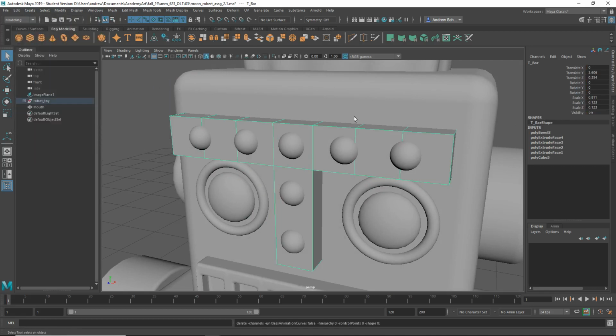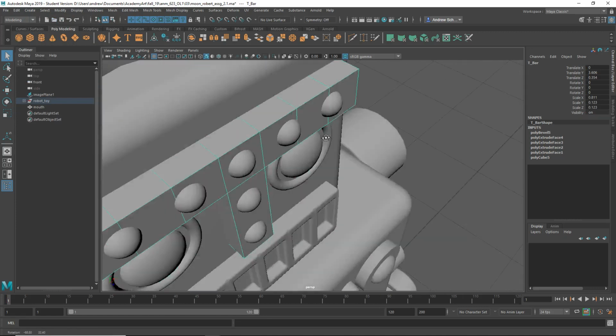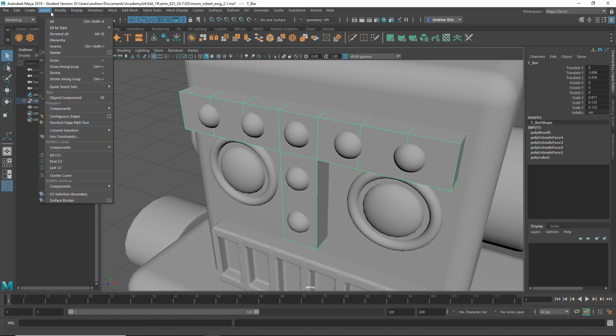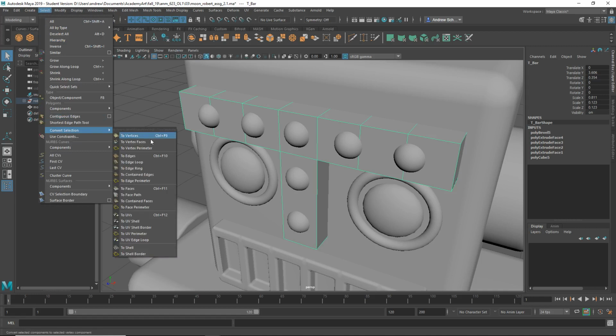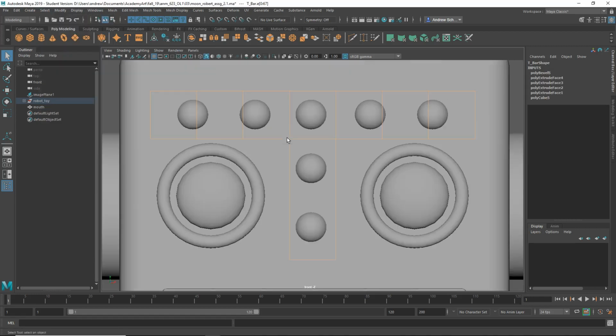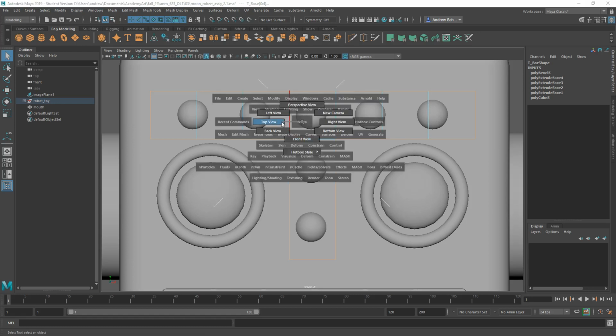You could bevel this one. You want to select just the right one. I have the object selected. I convert that to edges by going to Select, Convert Selection to Edges, or Control F10, and then I can deselect the ones I don't need. So I'll hold down the Control key, click and drag a marquee select, and deselect those, and from the top,